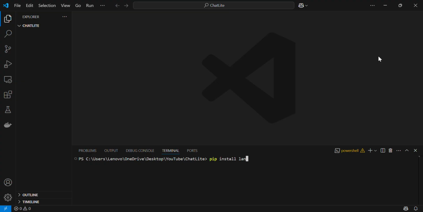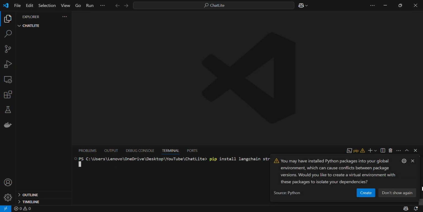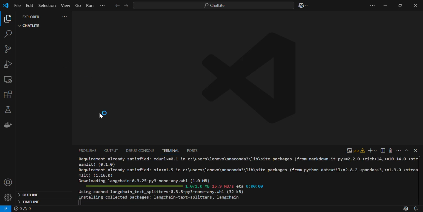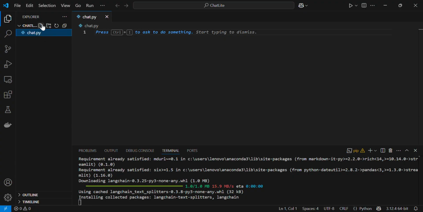In today's video, we will create a ChatLite using Langchain and Streamlit from scratch. So we will start with installing Langchain, Streamlit, and we will install .env for storing secret API keys from OpenAI. Once we install all the packages parallelly, we can create a py file, and we will also need a .env file